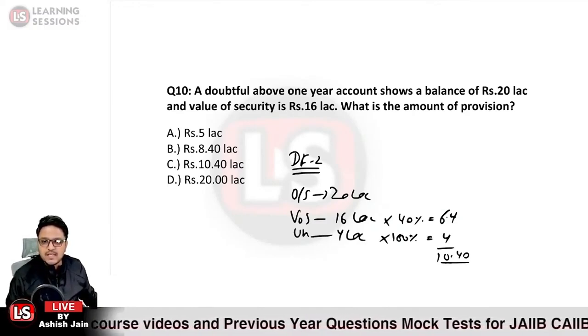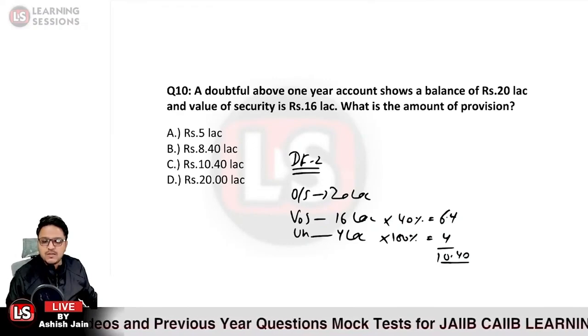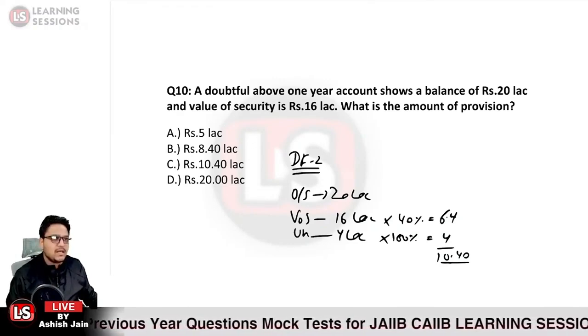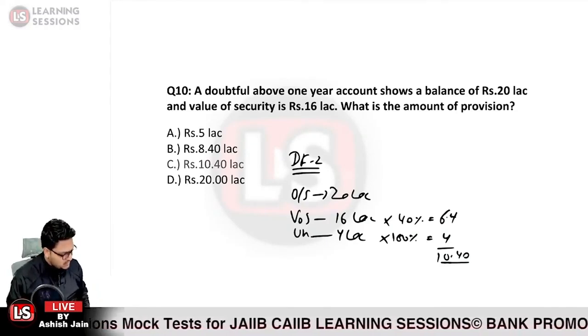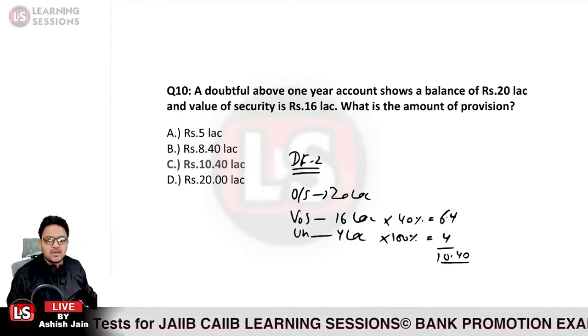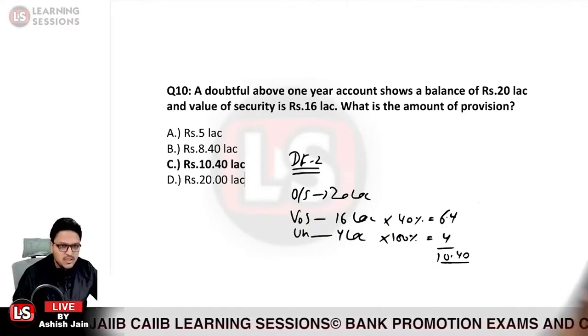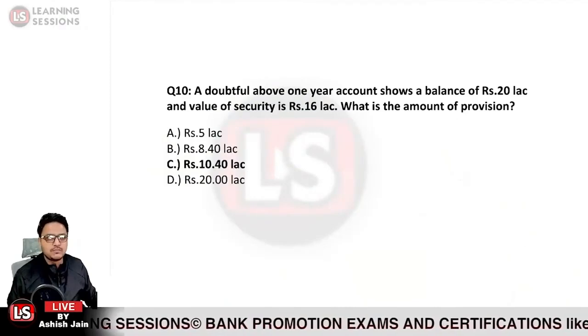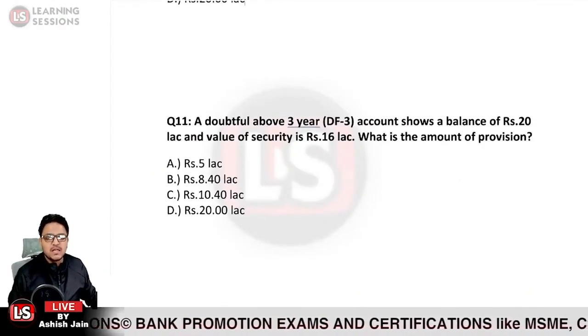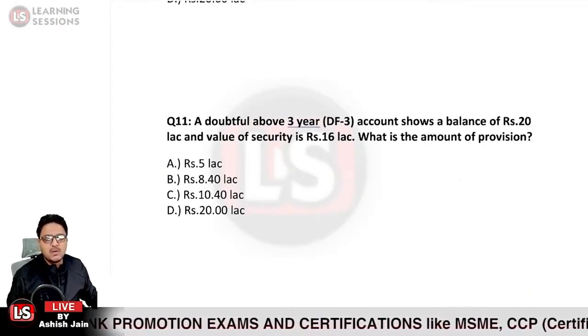So the right answer has been given by Rahul Singh Rajput over here at the earliest. Option C is the right answer in this particular case. Is that clear? Now let's move to another question, which says a doubtful above 3 years account shows a